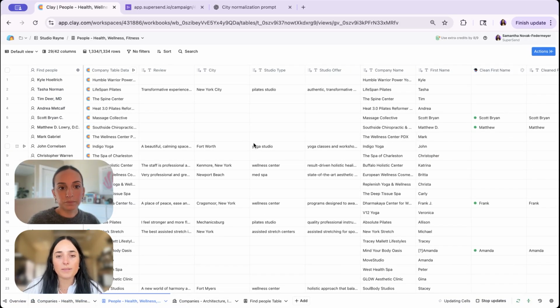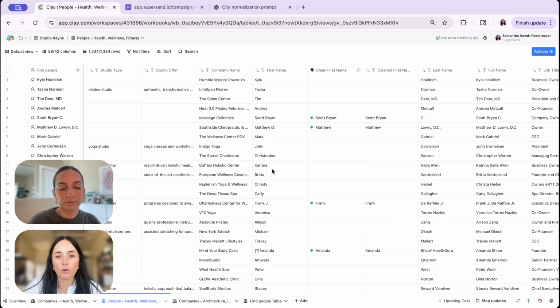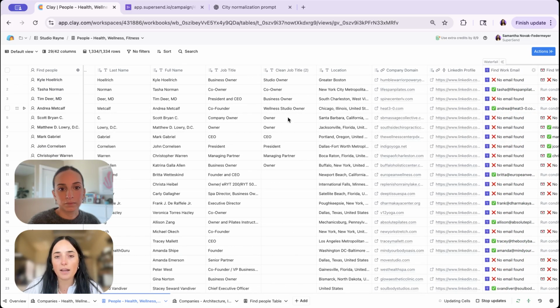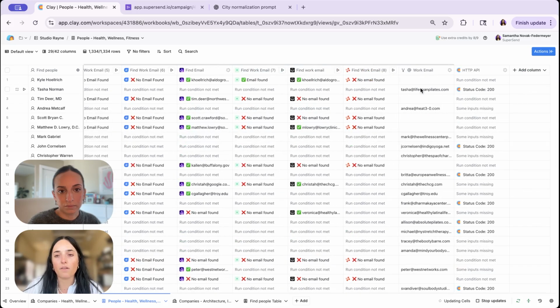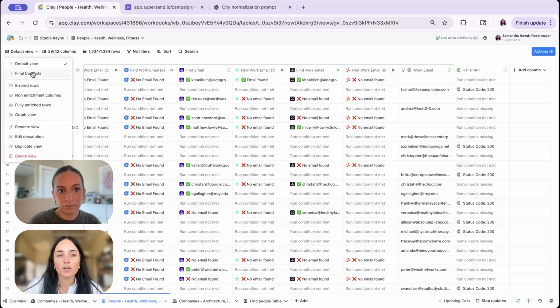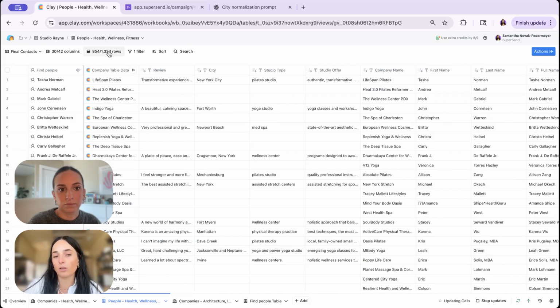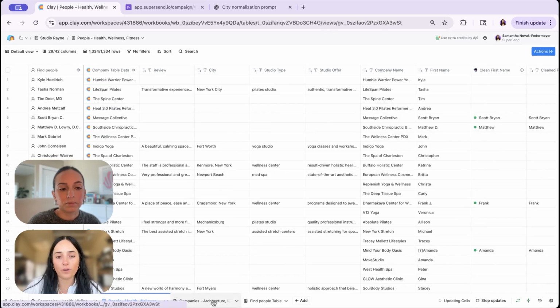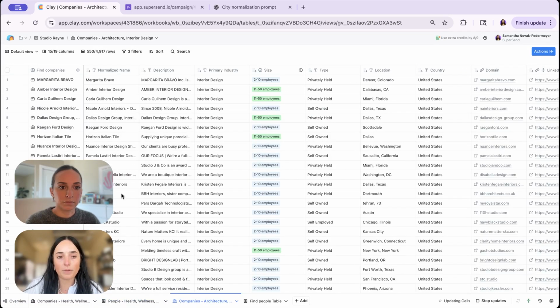So we got that city taken care of. I realized that I needed to actually normalize the first name because these are coming from LinkedIn. So there was like Matthew D. So I normalized the first name. I cleaned the job title. So instead of saying most presidents and CEOs I speak with, it says most owners I speak with. And obviously not all of these people have a valid work email, so we're only going to be importing the people that have valid work emails. So it definitely reduces the list a lot when that happens. So for companies, architecture, we normalize the company name.